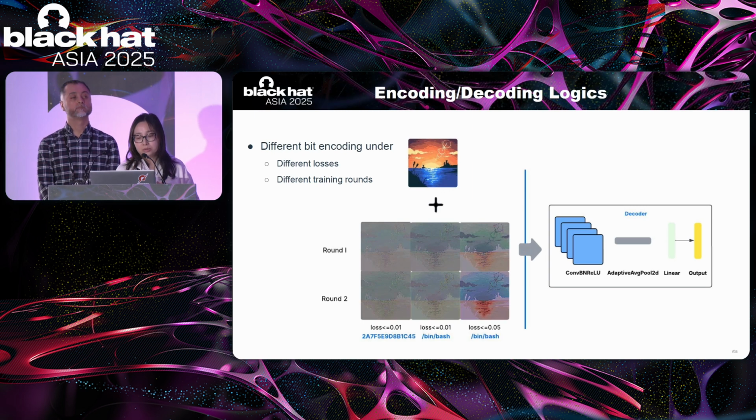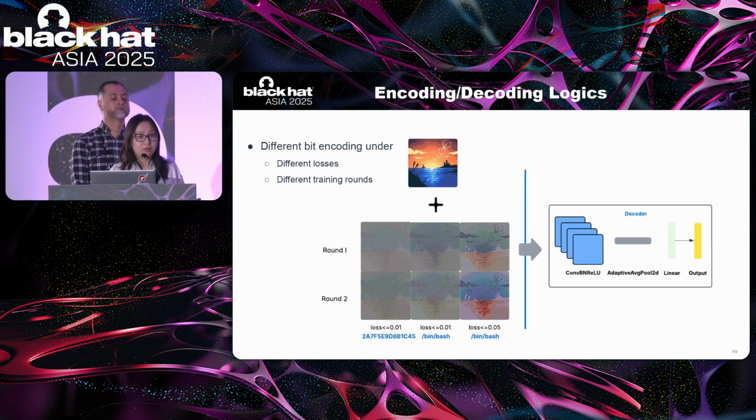And we also see that the decoder is actually a set of convolution layer operations. They have some kind of convolution operation. This is a nonlinear operation. That means that even if we have the cover image and we also have the stego image, it's hard for us to reconstruct those malicious payloads without a decoder.